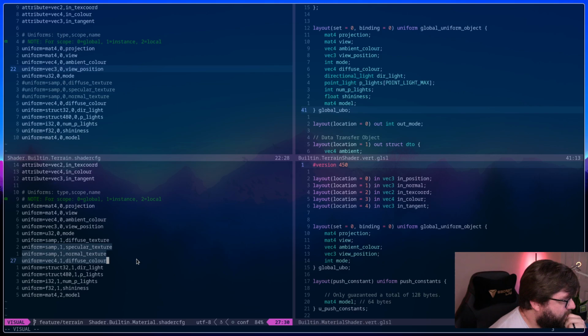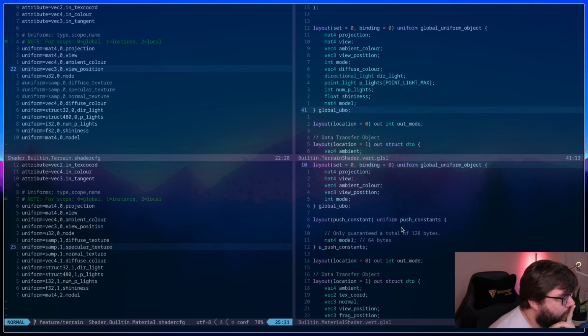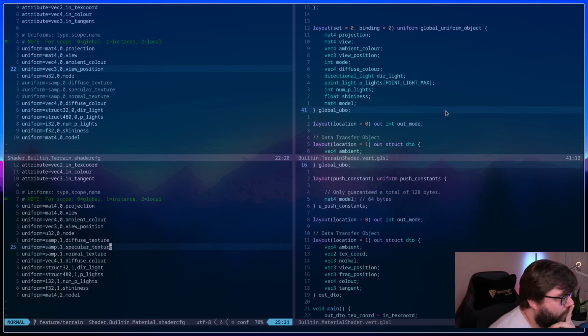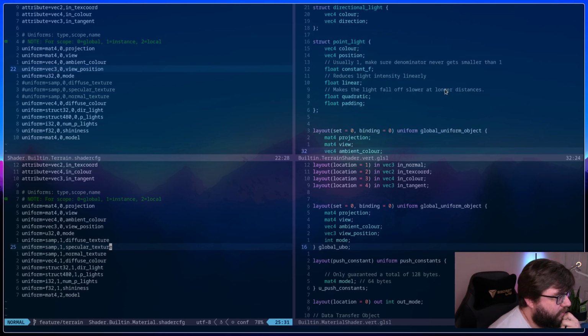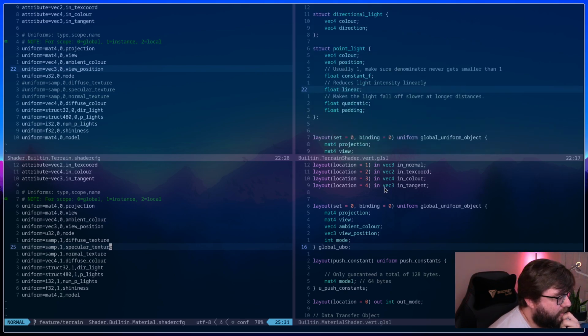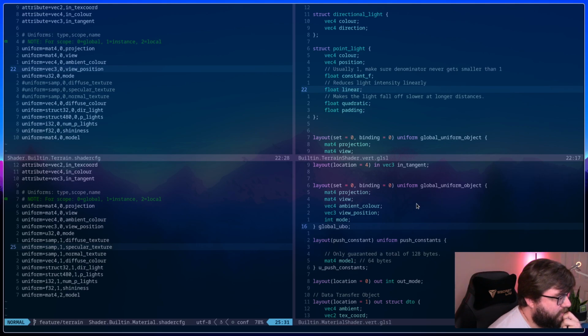Well, with the exception of these. These guys. Everything else is the same. And as far as the global uniform object, that obviously has everything jammed into it now, instead of push constants and locals, which are only used over on the other side.